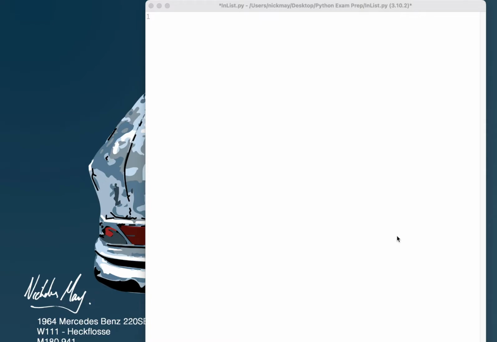Really quickly about using the word in. I'm going to use a list as an example to do the in. Now, lists aren't essential for you to know for Year 7, however, they are something that's useful. So this is something that you might use, so I'm going to go through a list and using the word